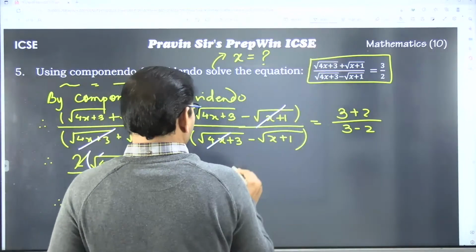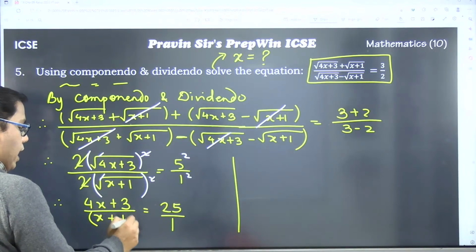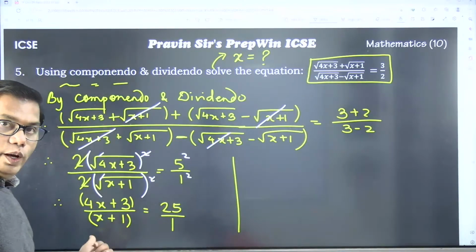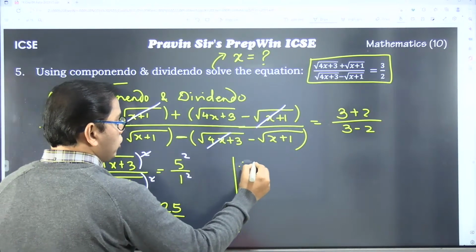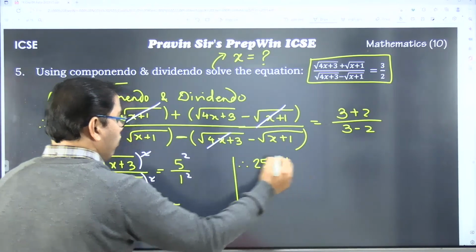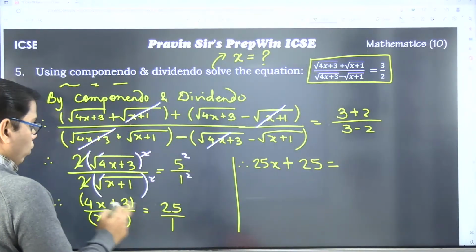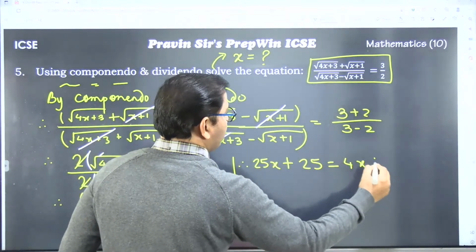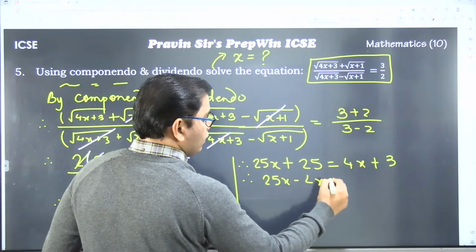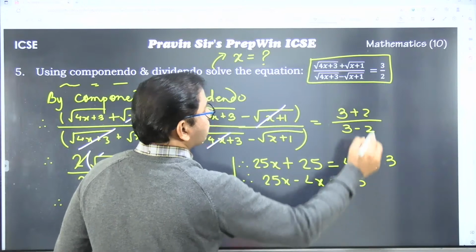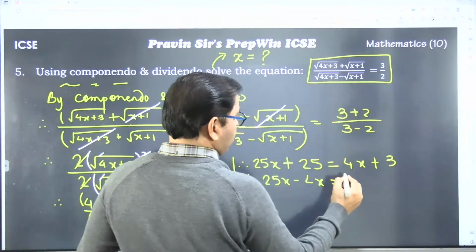Now if I cross multiply, please make sure that there are two terms, so write a bracket, because when you open the bracket, numbers are multiplied by both the terms. So 25 into x is 25x plus 25 into 1 is 25 is equal to what? 1 into 4x is 4x plus 1 into 3 is 3. Therefore, 25x minus 4x, and I have a 3 on the right hand side.